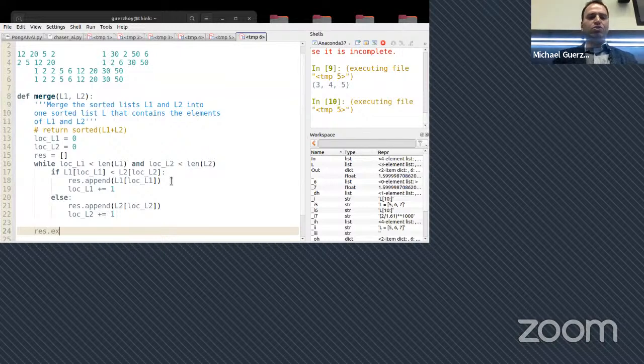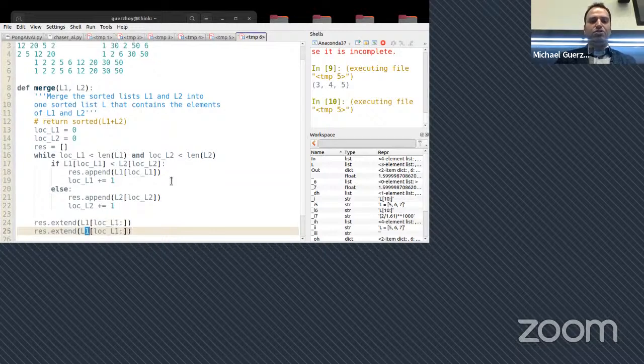So what we'll do is we'll just say extend res with the rest of L1. So L1 starting from loc L1 and up to the end, and then do the same with L2. So what we're using here is that if you do the slicing,